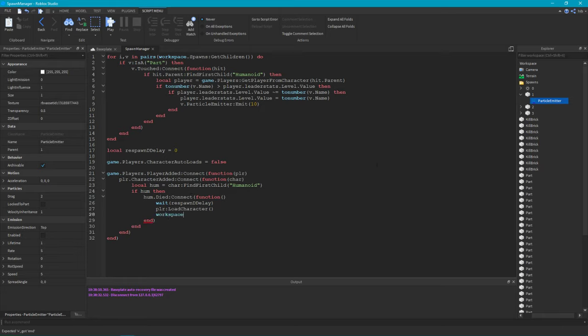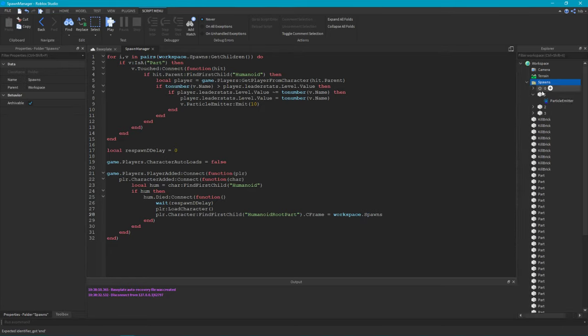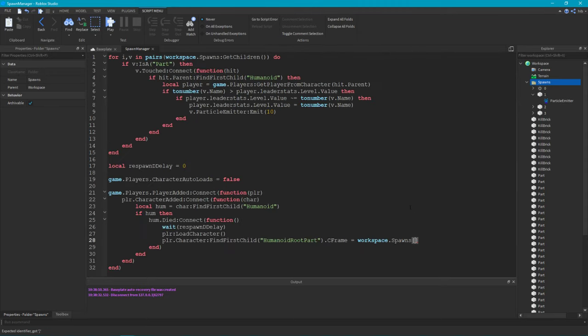So what we're going to do is workspace. Well, actually, we can do plr.character, and then we want to do find first child humanoid root part. So this is basically looking for the humanoid root part in the player. And then we're going to set the CFrame equal to workspace.spawns, and then whatever their value is, put them on it. So basically we're going to use these square brackets, and we're going to say